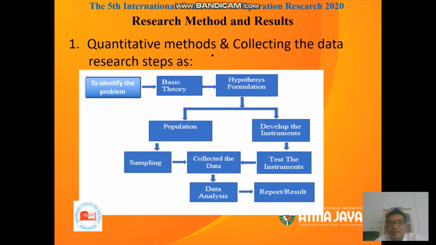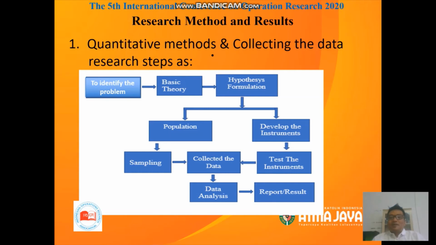And here is the research method and result. First, we need to identify the problem, and then we go to the basic theory, then formulate the hypothesis. At the same time, we look for and develop which instrument can provide the proper solution, and we do the sample.